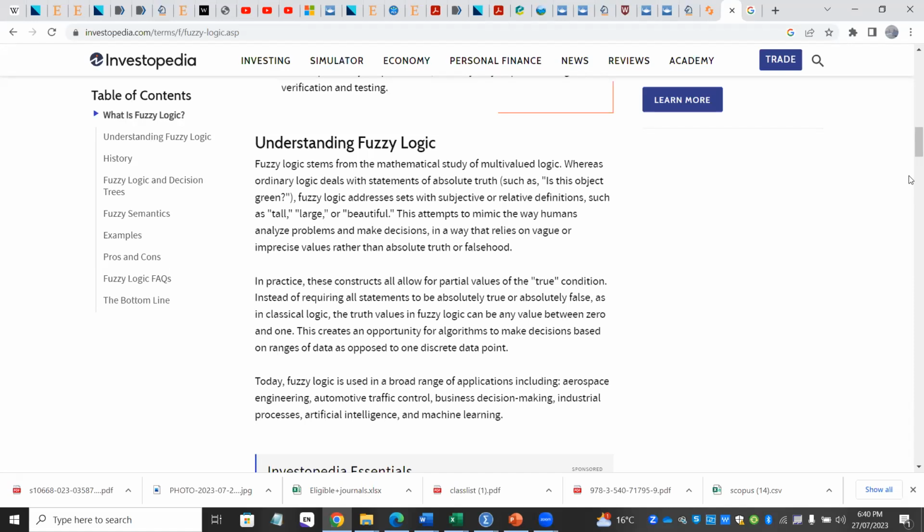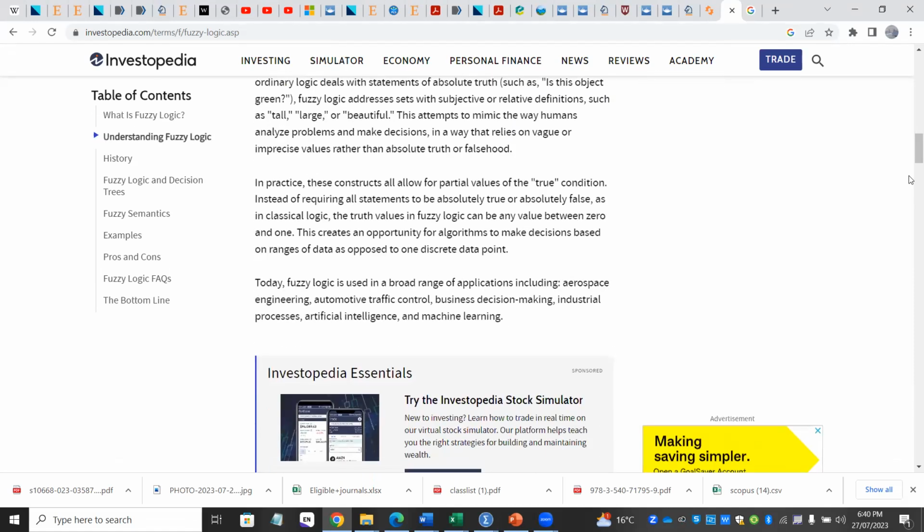These attempts to mimic the way humans analyze problems and make decisions in a way that relies on vague or imprecise values rather than absolute truth or falsehood. In practice, these constructs all allow for partial values of the true condition. Instead of requiring all statements to be absolutely true or absolutely false, as in classical logic, the truth values in fuzzy logic can be any value between 0 and 1. This creates an opportunity for algorithms to make decisions based on ranges of data as opposed to one discrete data